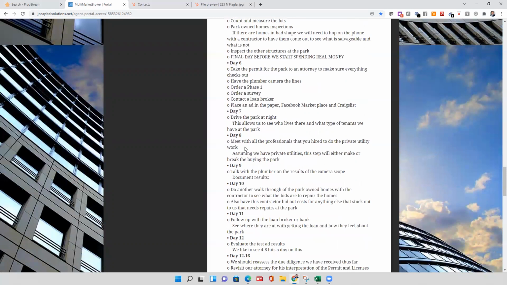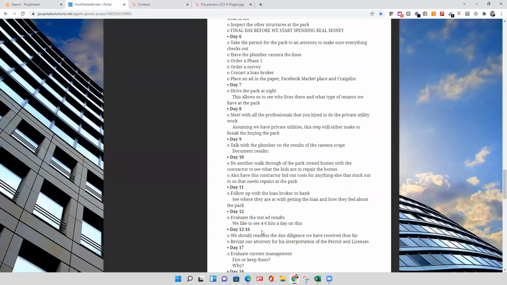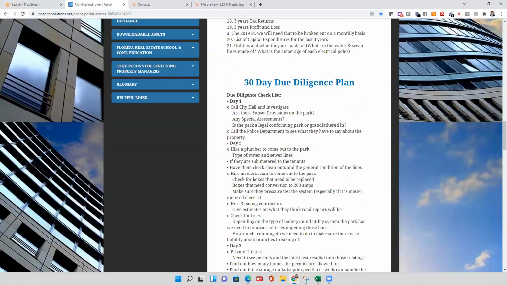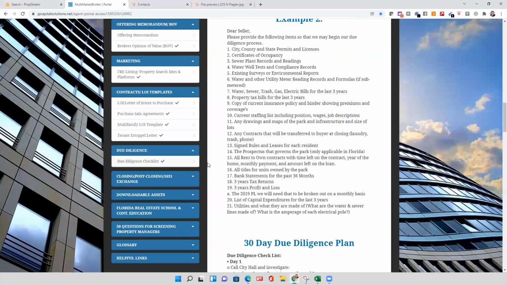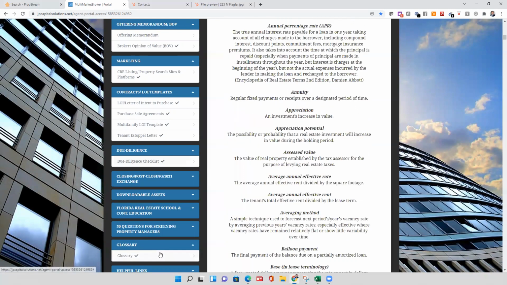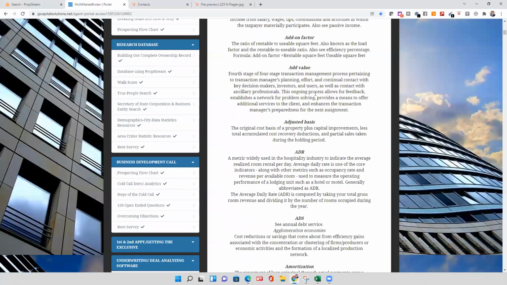So from calling down to the cities, to evaluating what the tests come back on, the risk and the search and assessment reports. Guys, I might be sounding like I'm talking another language here, but you'll learn all of this stuff, right? And with that being said, at the very bottom, you're going to have a glossary